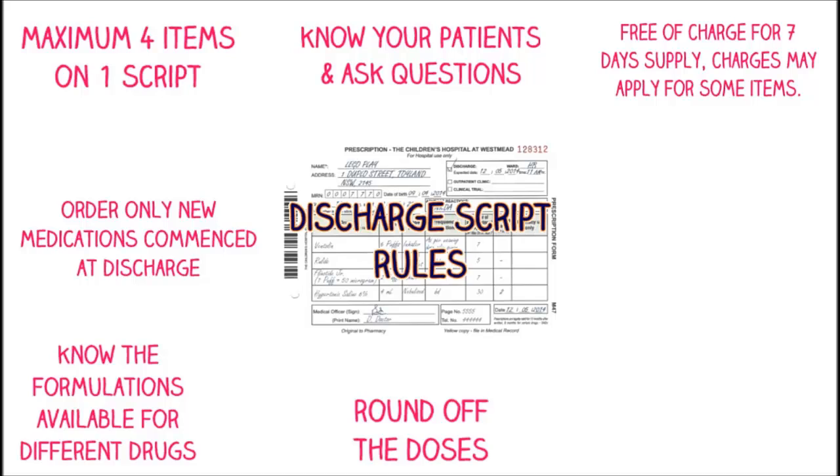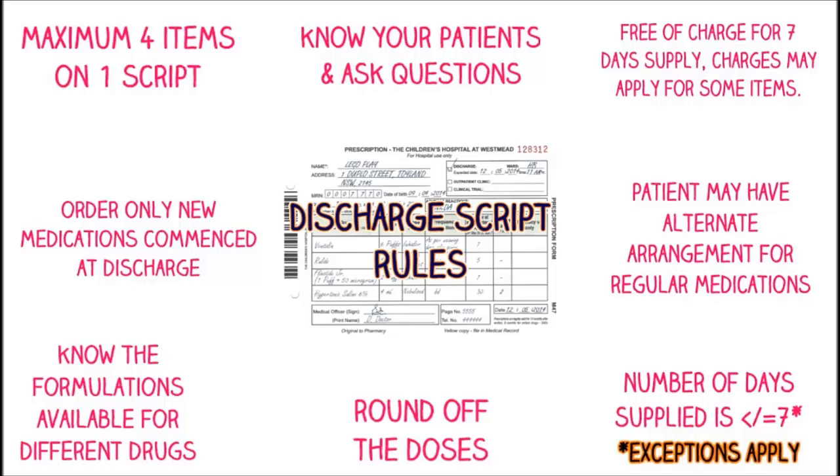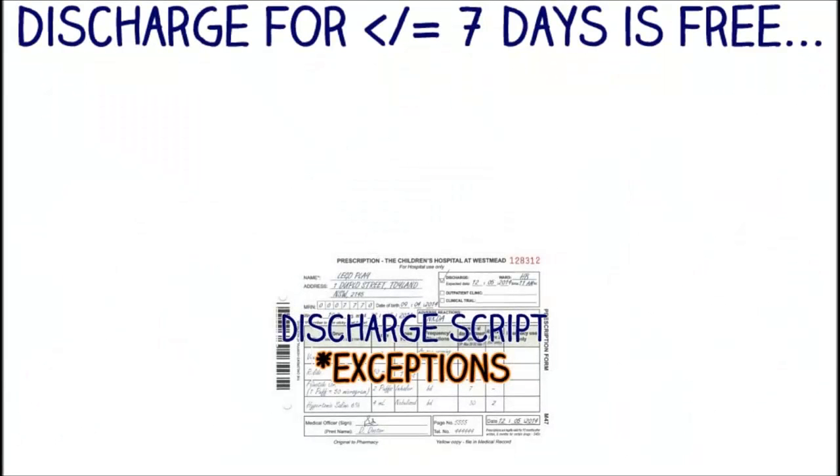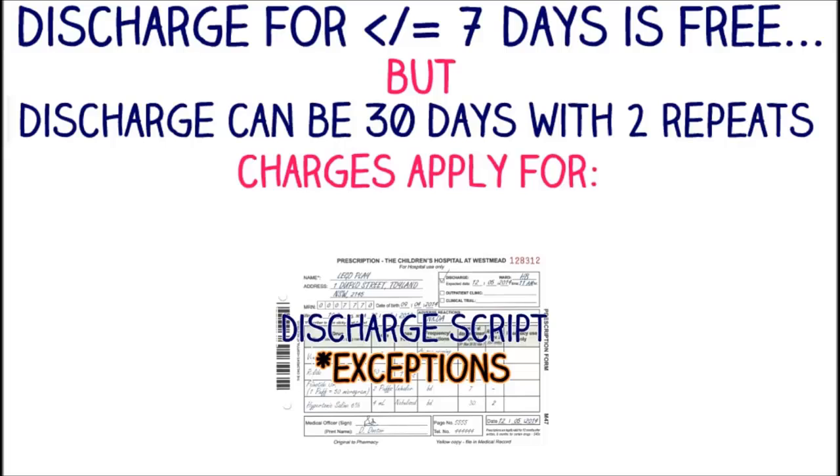Discharge medications are free of charge for less than or equal to 7 days of supply. A patient's regular medications are not discharge medications, as they may have alternate arrangements for them. Discharge is for less than or equal to 7 days. However, some exceptions apply. Exceptions for discharge script when it can be for 30 days and maximum 2 repeats are